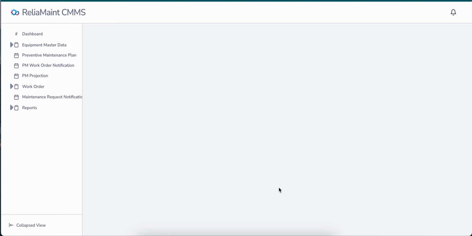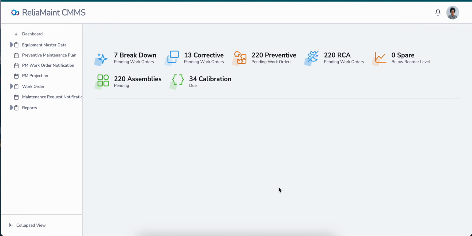The first account is the admin account, that is supposed to be the planner of the maintenance team or some senior person who is aware of most of the things. Further, we can have a production account. Production people are owners of the production equipment. They are supposed to raise the concern or raise the notification when there is some problem with the machines.